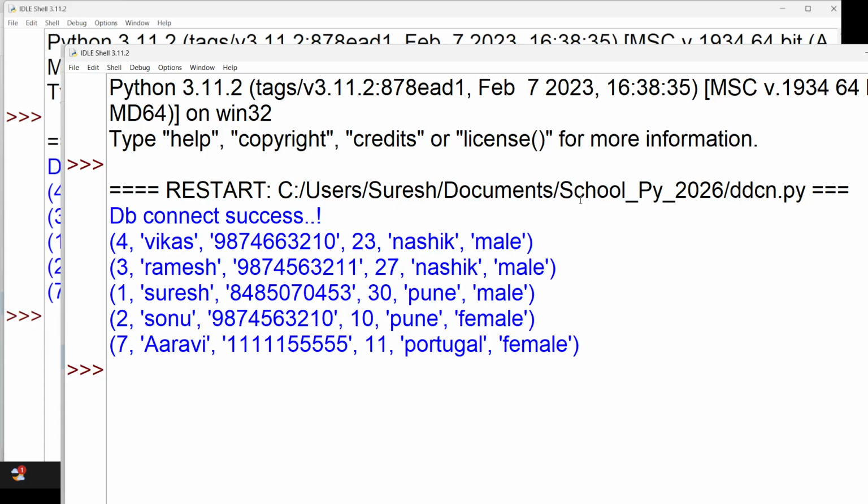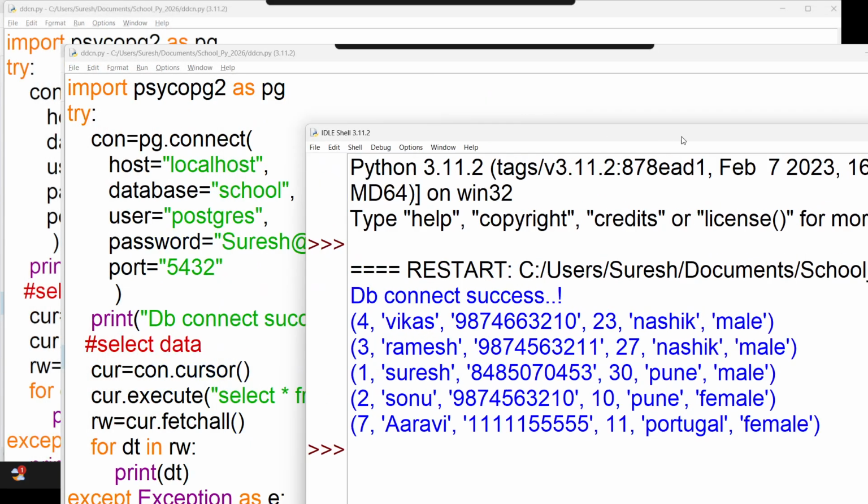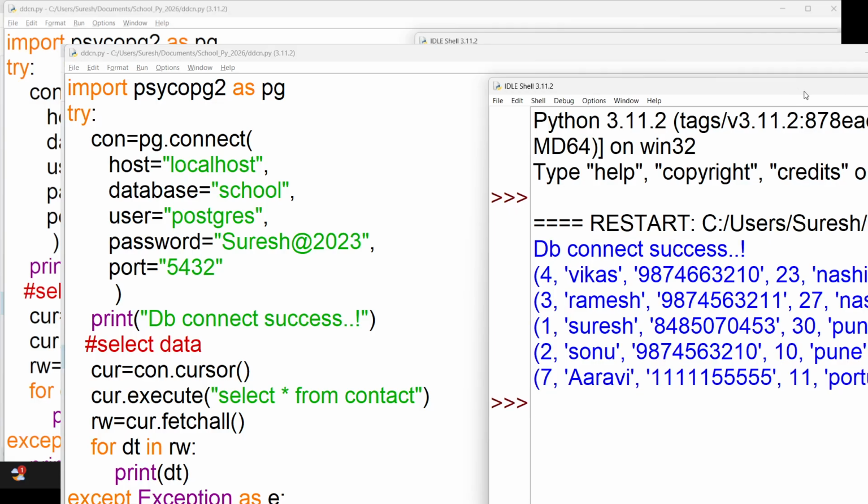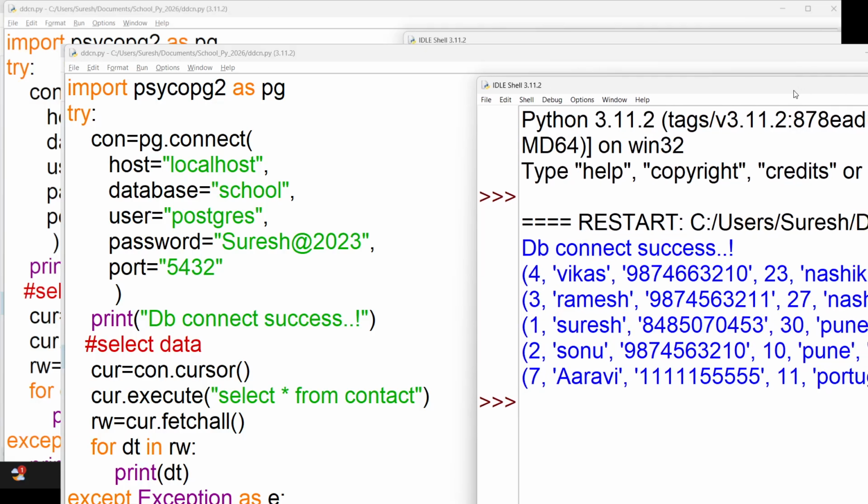Database connection is a very important part. Now you can see that we properly connected and fetched the data from the database. Remember the sequence? The very first thing we installed it, then we have a function called connect.